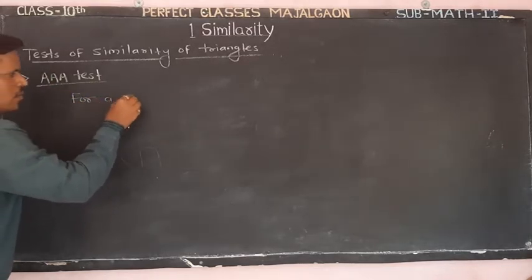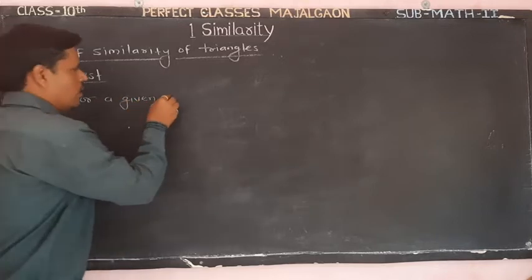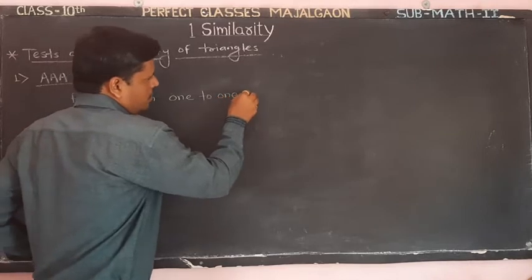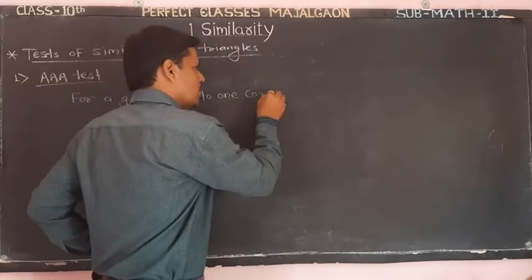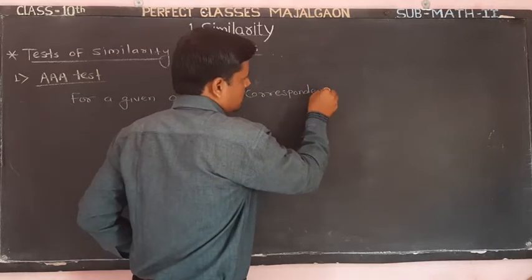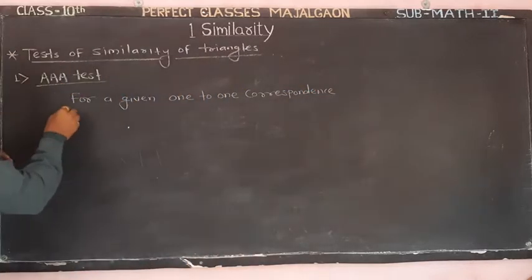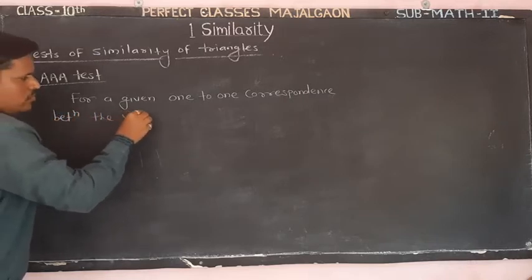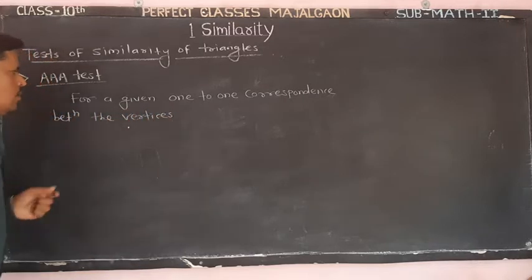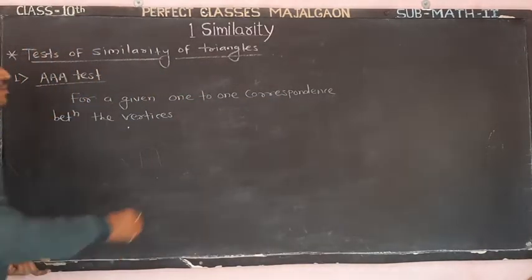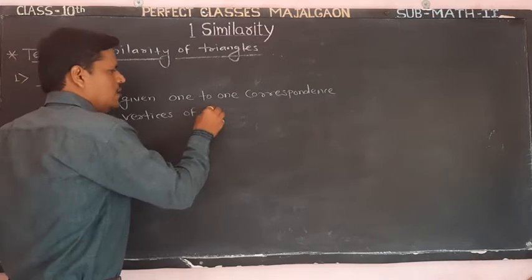a given one-to-one correspondence between the vertices of any two triangles,